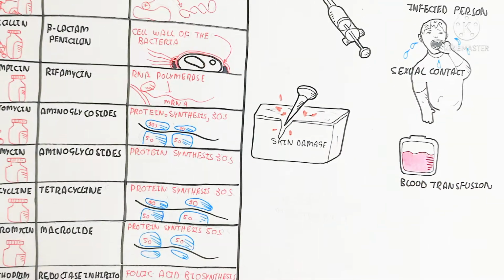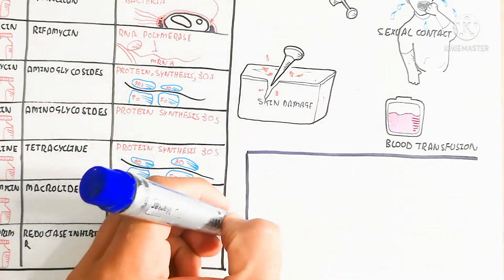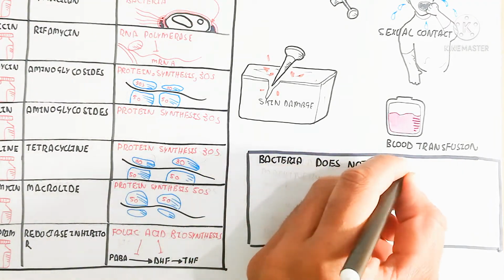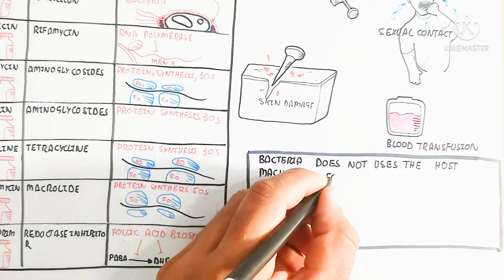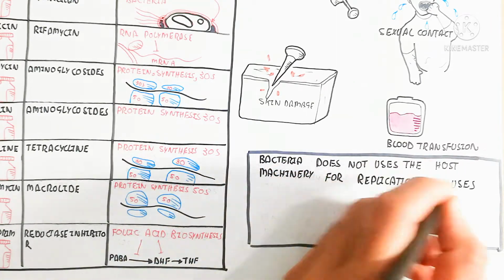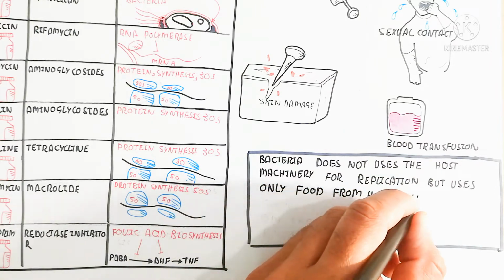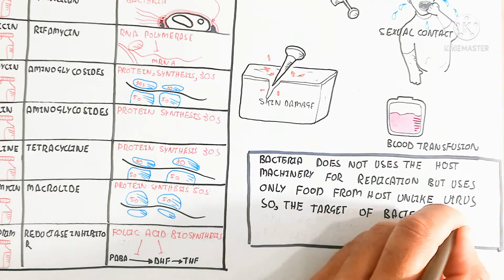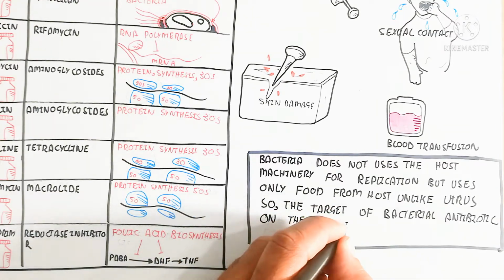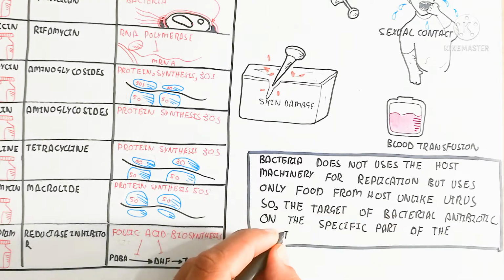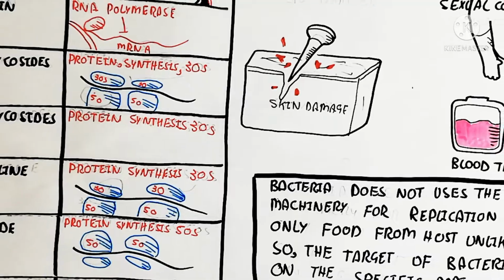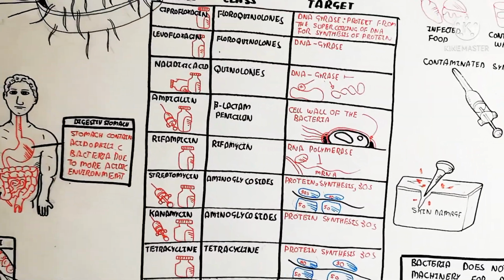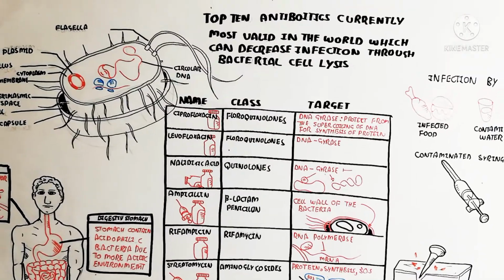Bacteria do not use host machinery for replication but use only food from the host, unlike viruses. So antibiotics target specific parts of the bacterial cell, unlike viruses, which use the machinery of the host, while bacteria do not use the machinery of the host but use its food. E. coli is one of the bacteria that can cause disease, which we can prevent through antibiotics. Thanks for watching. This was the top